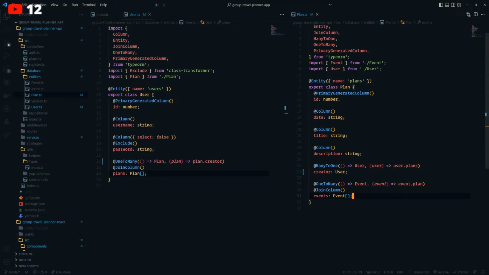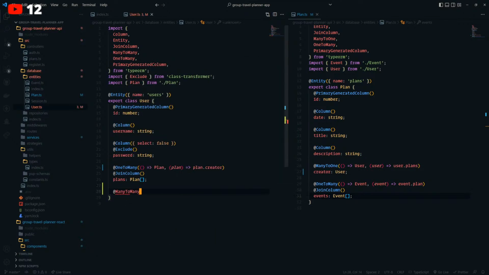So a user can have many plans that they created, and then what we'll do in the end is if we want to get the creator of the plan, we can just check who the creator is. Yeah, that's fine. So I think over here we'll need a many-to-many relationship. And let me look up the TypeORM docs real quick. And let's see.